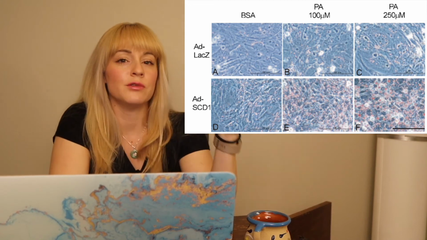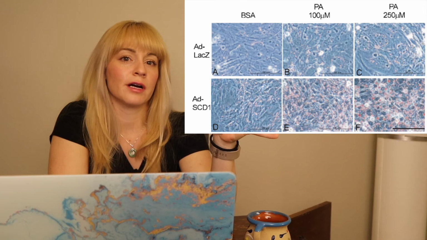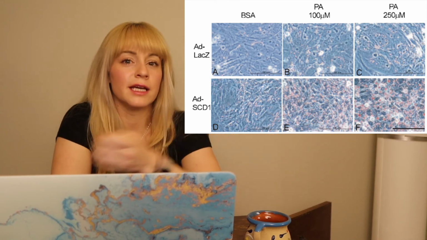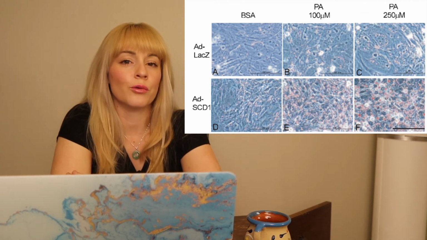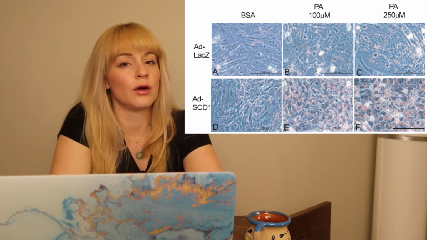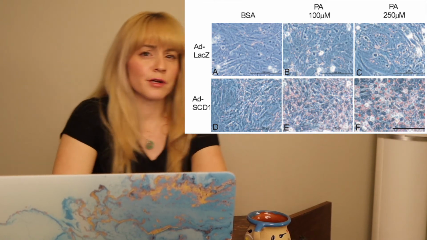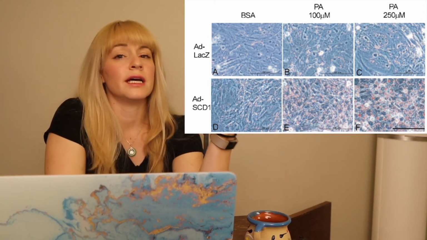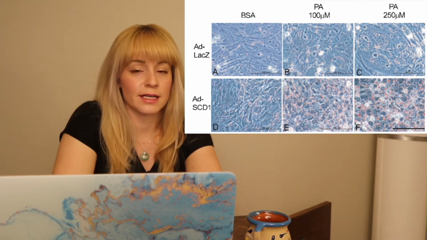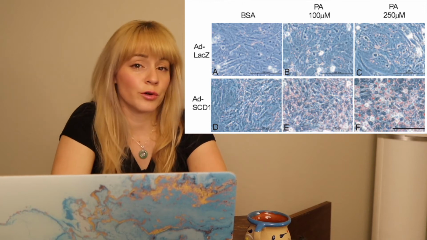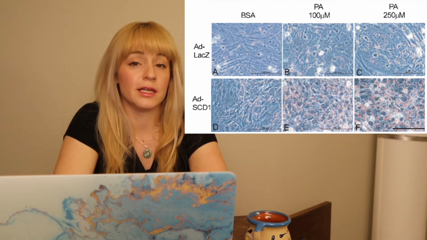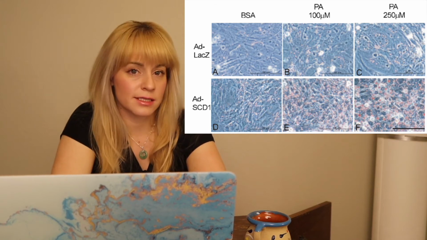With the same dose, look at the boxes C and F, where even though they are both given the same dose of fatty acids, the SCD1 group stores way more fat. Or compare boxes C and E, where the experimental box E is exposed to less fat, but stores more fat than that of box C. This is congruent with other studies that show that animals who have higher SCD1 get fatter while eating less,